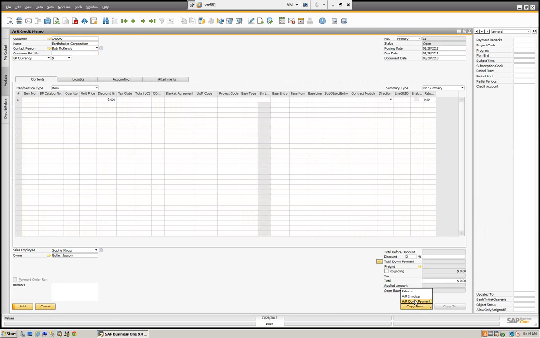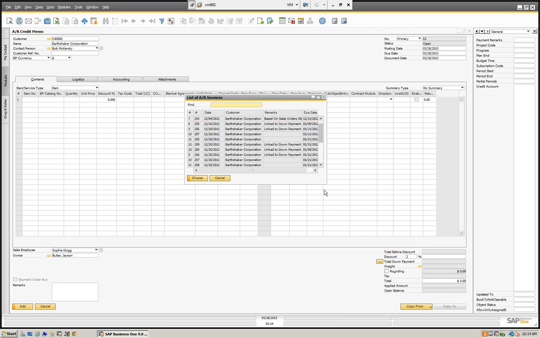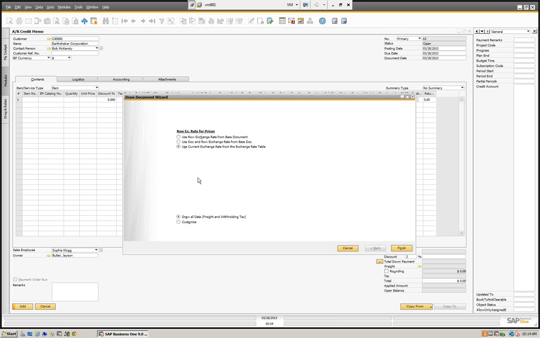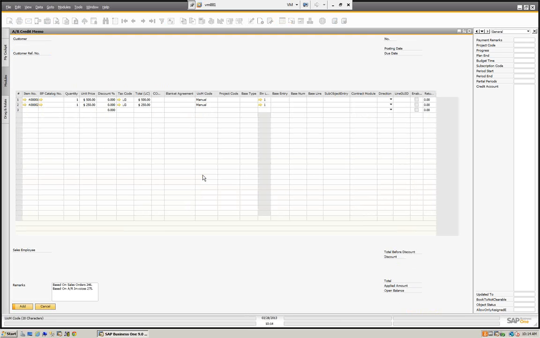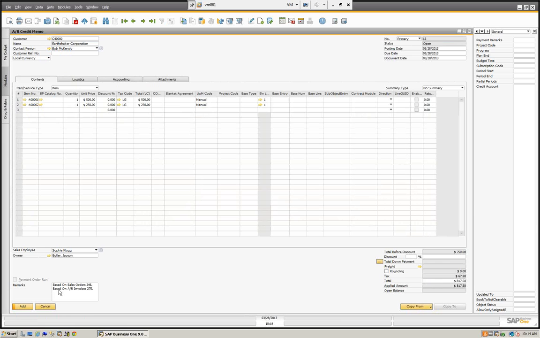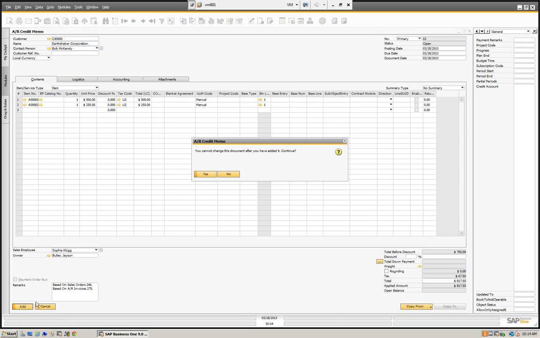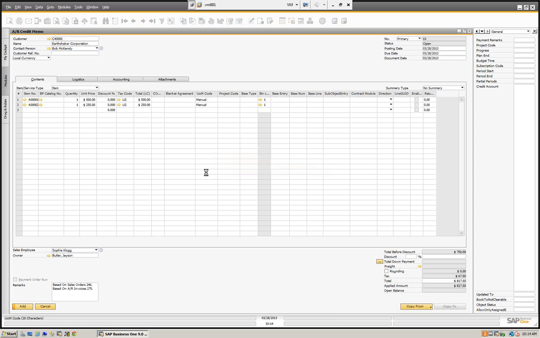We can do a copy from AR invoices, and then we can select an AR invoice. And you can see now the link. So if we go ahead and add this one,